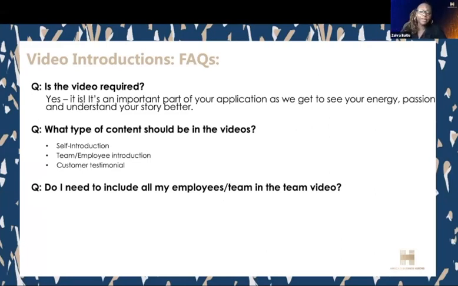We just want to hear from at least one individual from your team, why it is they work at the company, what it is they have gained working at the company, and to understand what it is that motivates them to come to work. Are they also passionate about the problem that you're solving?